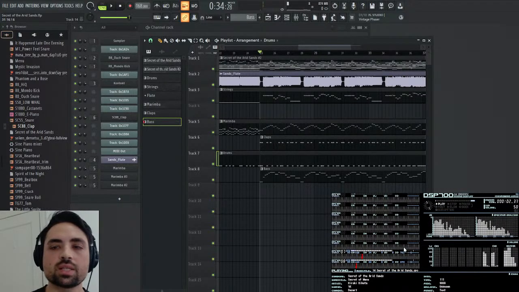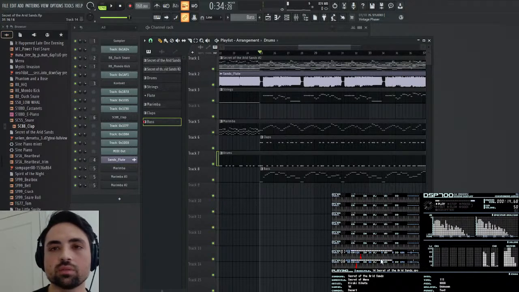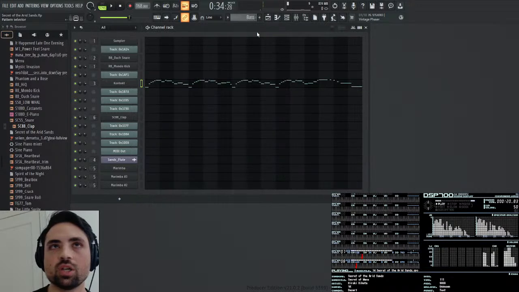We have brass. And these are both panned differently, so we have to record them separately. So let me go and grab the first one.